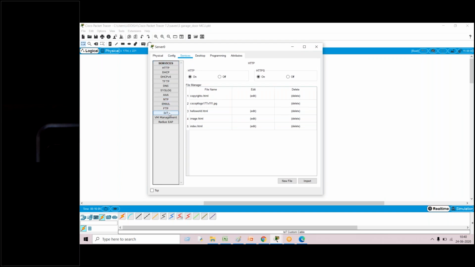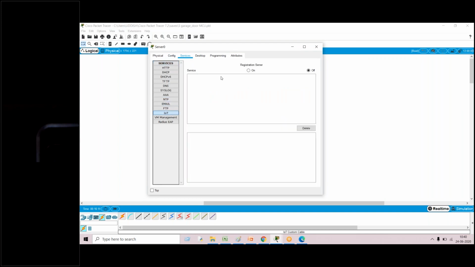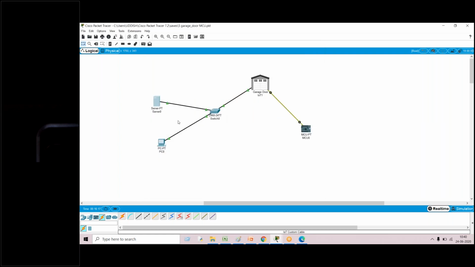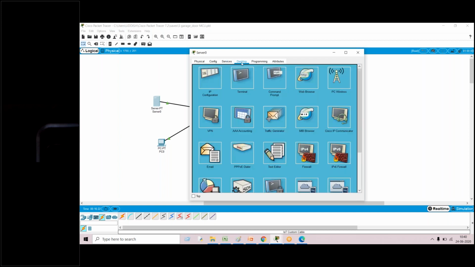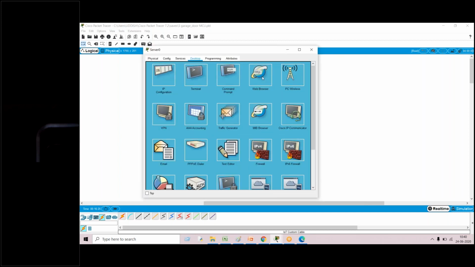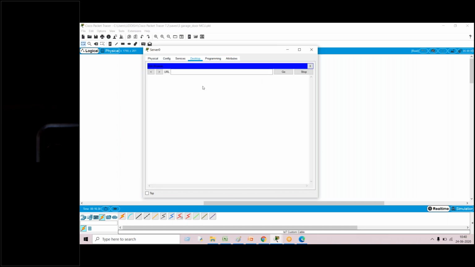For registering the server, click on the server, go to services. Under services, there is a tab called IoT register server. Once the server is registered, I have to bring the interface. So click on server, go to desktop, go to web browser, and we have to give the IP 2.2.2.1.